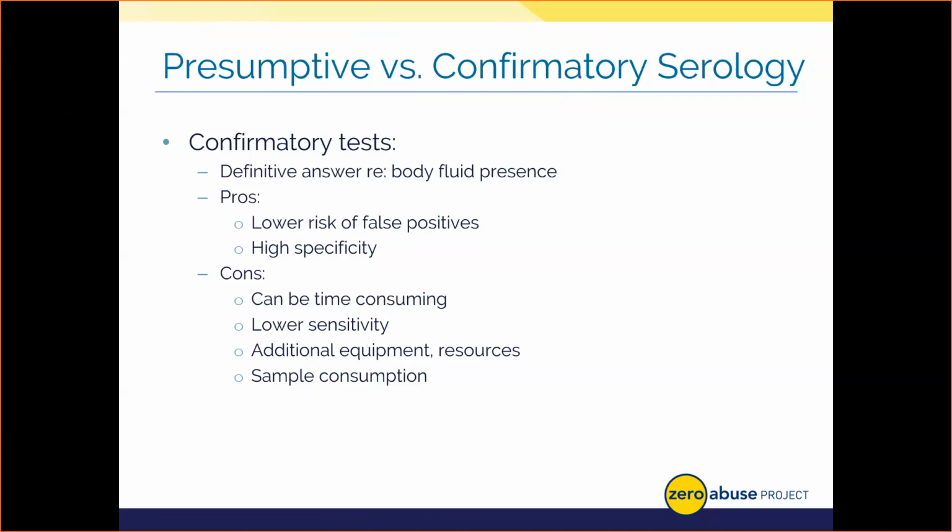The potential concern with these tests is that they can take several minutes to complete and oftentimes require additional equipment or different components. Now, that shouldn't be an issue, but I do know that budget limitations are not foreign to crime labs, so this could be a possible challenge for your laboratory. They also require more sample to consume. As I mentioned earlier with the presumptive test, we're taking more and more sample away. So again, the analyst has to use their discretion to decide if they have enough sample to do this test, or if they even want to do serological testing and just move forward straight to DNA with the item.